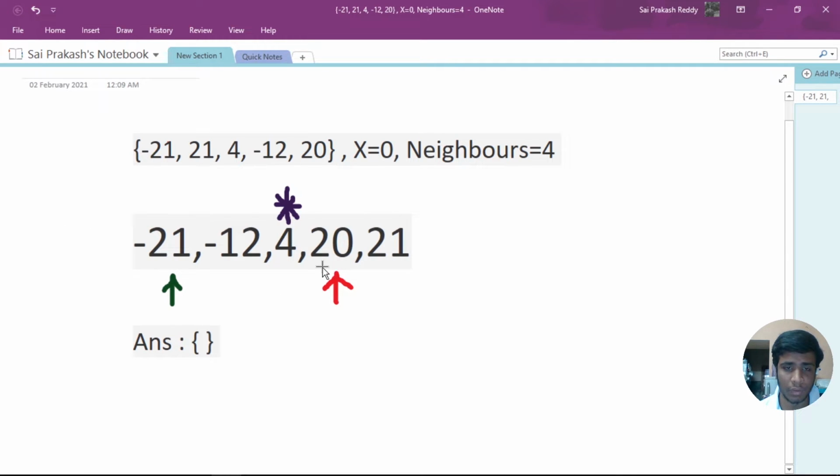So if I found a right answer in the right side direction, so right is going to move something like this, and at each step I'm going to add this to my answer. Once I have got all my k neighbors, I'm going to return my array, and I'm going to break out of this loop. And there's also one case, right?